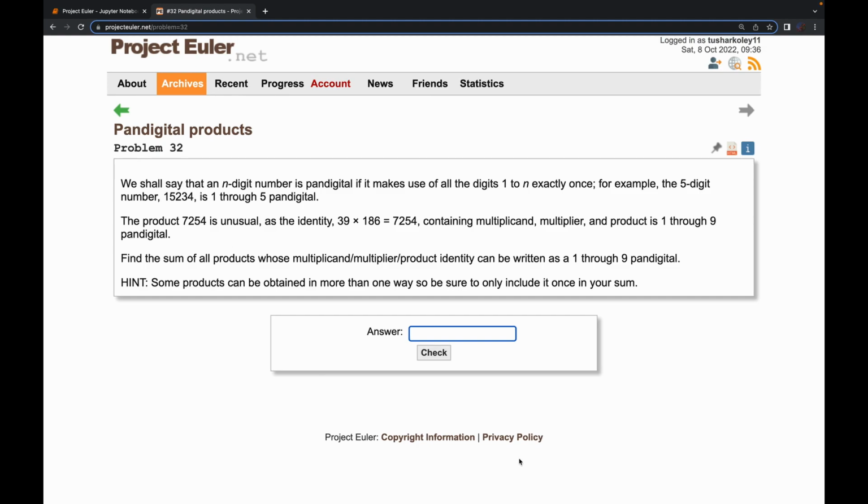Hello all. Let's move into problem number 32 now. So let's read out the problem. This problem is talking about Pandigital product. So what is Pandigital? Pandigital is saying 1 through 9 Pandigital is a number where you have 1 through 9